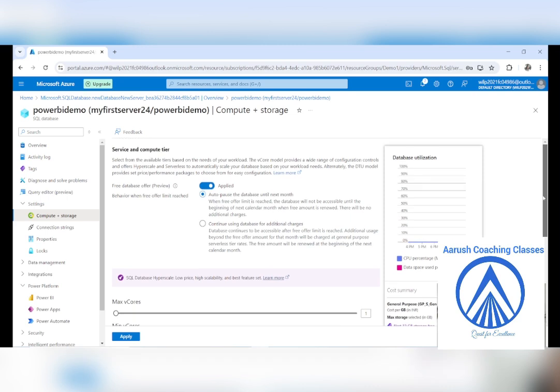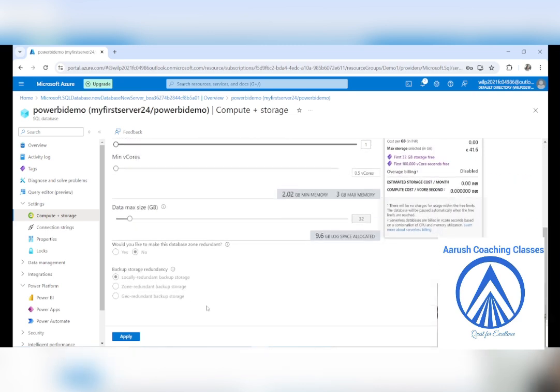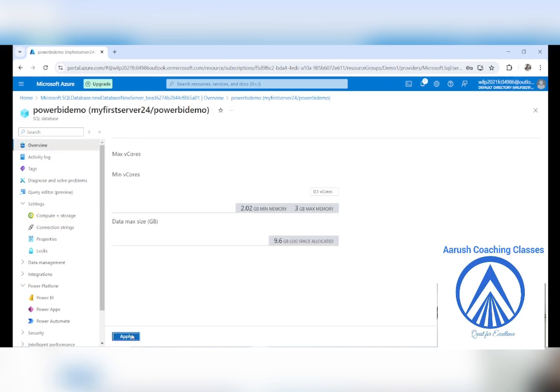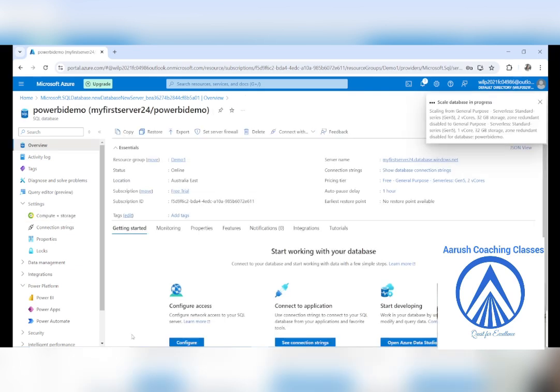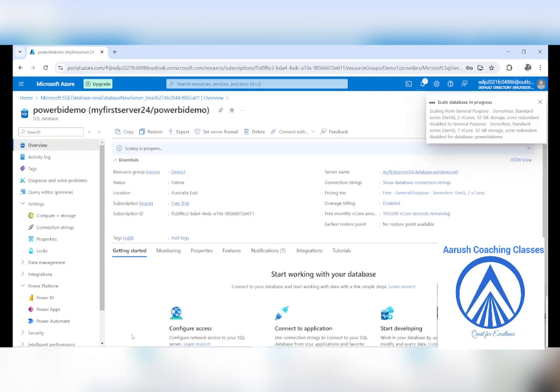So, right. Please make sure that you know all of these things. Once you do this, then we are going to click on apply. Right? Then we are going to click on apply. Correct? Yes, no?